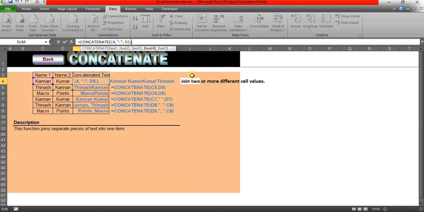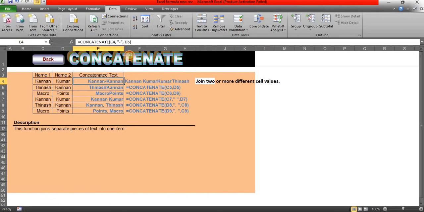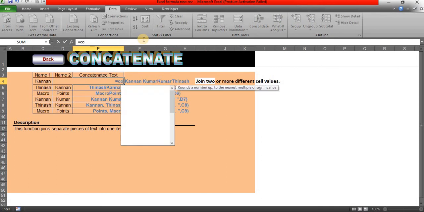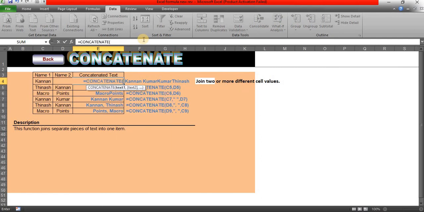I don't need E7. Here you can see it has been separated by the hyphen symbol. For that, very simple, equal concatenate formula, tab key, first select any of the values, comma, then you need to apply your condition or logic. So here I am going to use double quotes and space hyphen space double quotes, then I will mention comma.